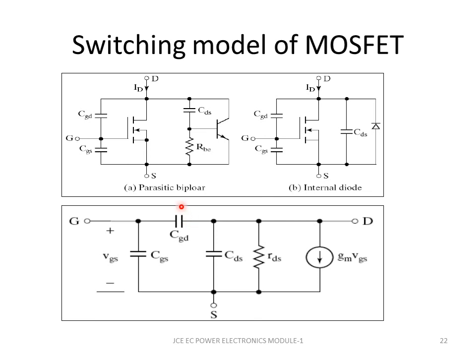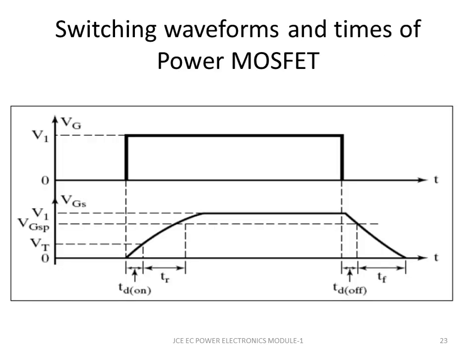Okay, so if you come directly to the switching model, we have gate, drain and source. These are the two capacitors, CGS and CGD, that is gate source and gate drain, and this is the drain source capacitor. This is RDS, drain source resistance, and this is GM VGS. So again, like a transistor, this is the transient model. Hence, we are going to show these capacitors which come into picture. Let us see how.